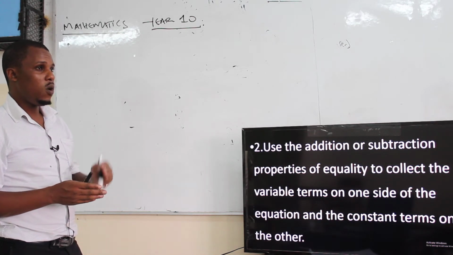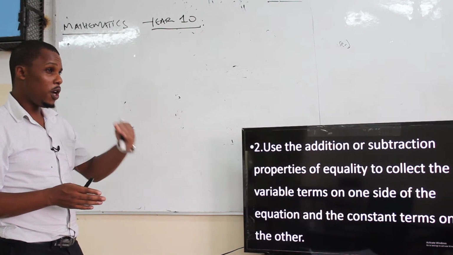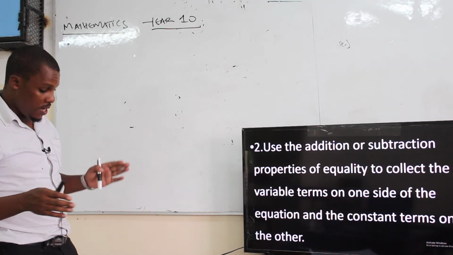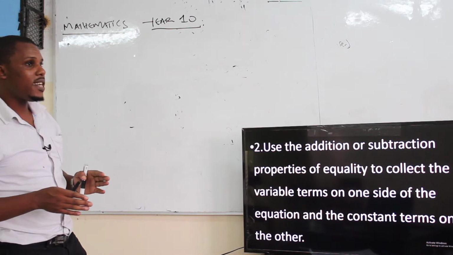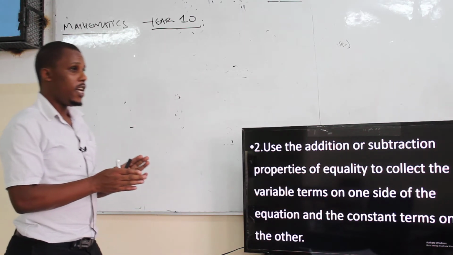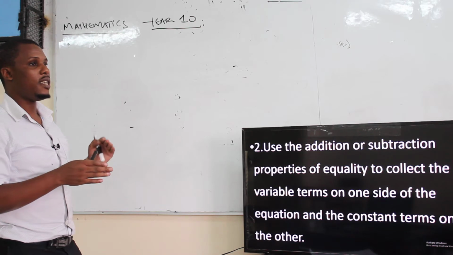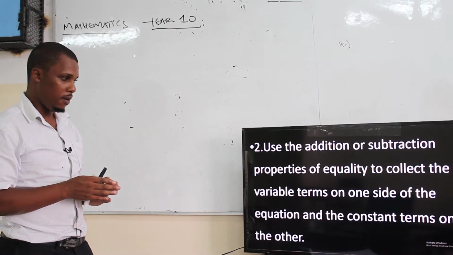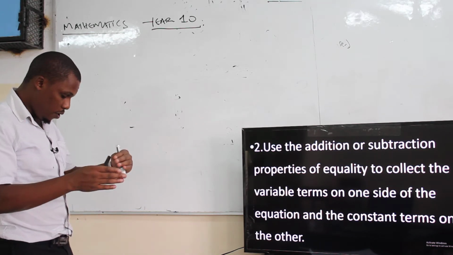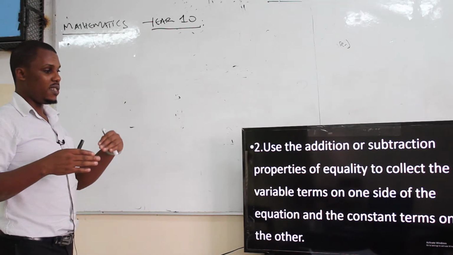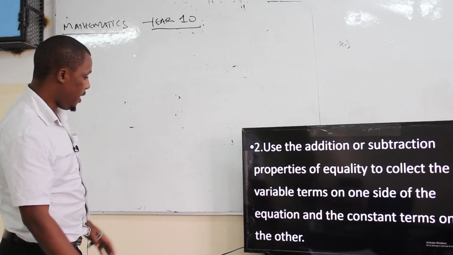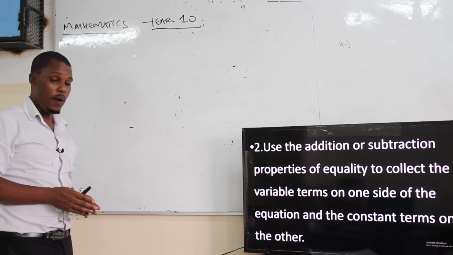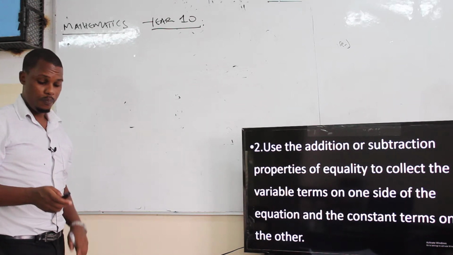In this case, because we are only going to involve one unknown or one variable, we are saying separate them. The one that contains the variable, you put on the left hand side. The constant terms, you put on the right hand side of the equal sign. And then you will be able to get your answer for that one variable that you are working for. So that is step number two.